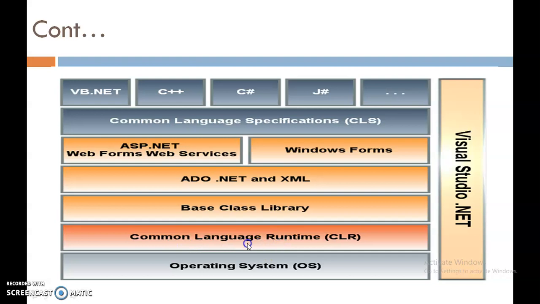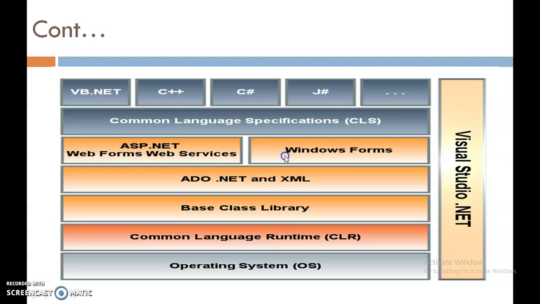It is useful to run any program which is developed in .NET. Above the CLR, the base class library is there, which contains various libraries. Above the base class library, or BCL, ADO.NET and XML are there. ADO.NET is used to create dynamic applications using a database. Above ADO.NET, various applications are there which use .NET, like ASP.NET, web forms, web services, Windows